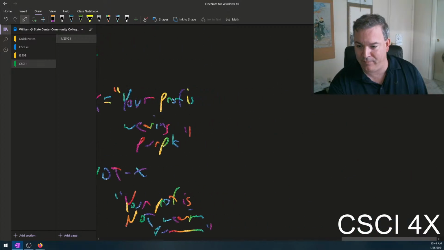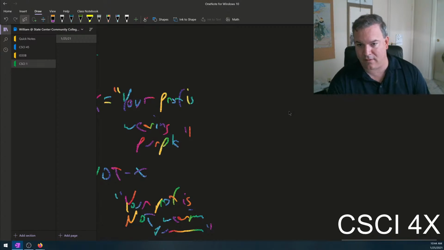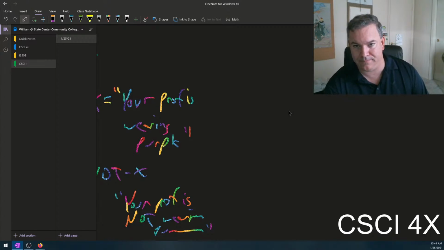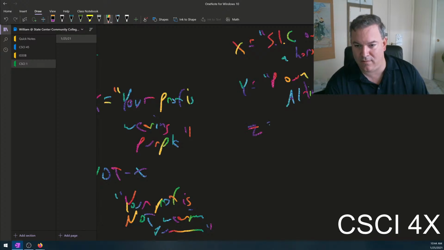These are the basics, though. Let's see here. I don't want to write out the whole sentence again. Let's say X is "students in the class own a horse." Y is "professor owns an Altima." And Z is